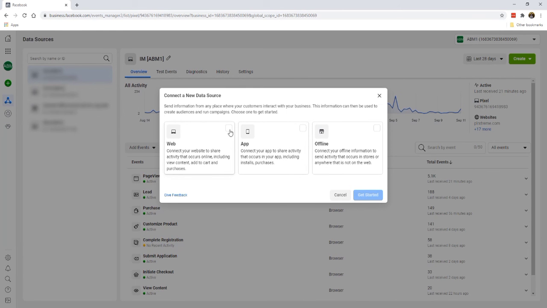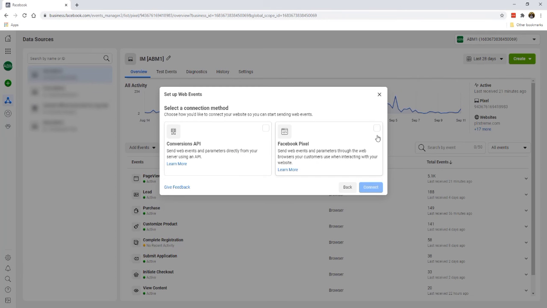Now I have to say that before this video was recorded, adding a Facebook pixel used to be a step simpler, but not to worry, it is still quite easy to do, alright? Just with a bit of changes. So with that said, I want you to select Web, click on Get Started, and you will select Facebook pixel